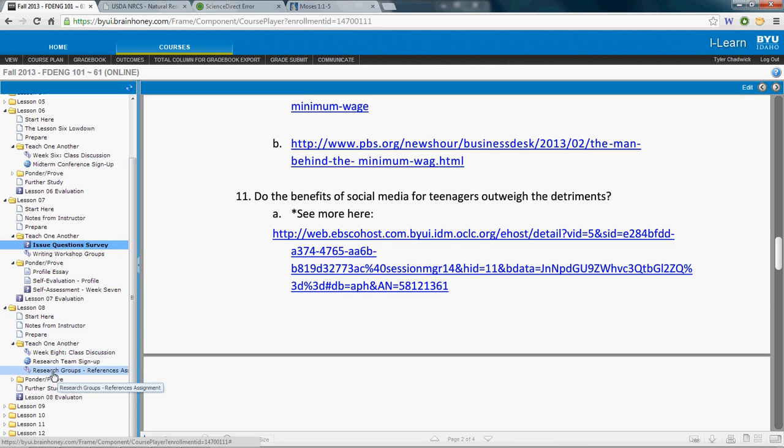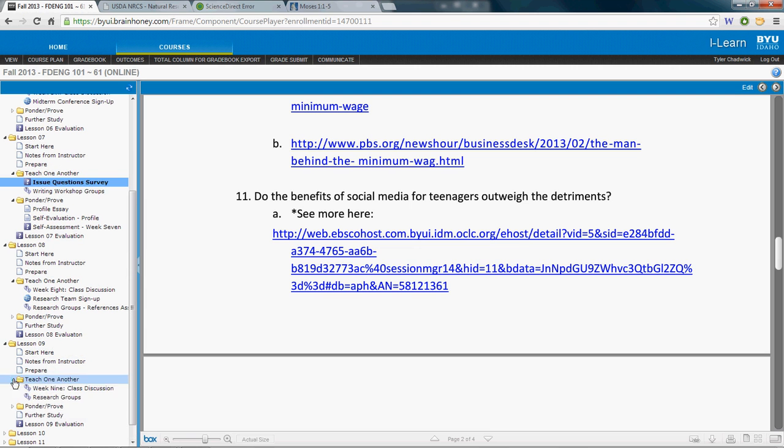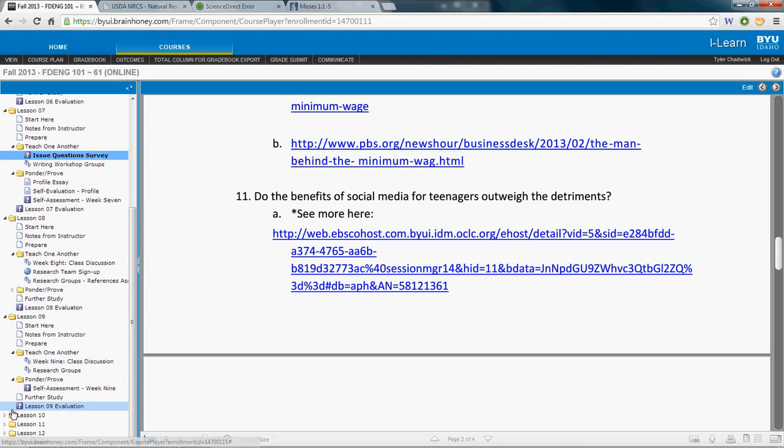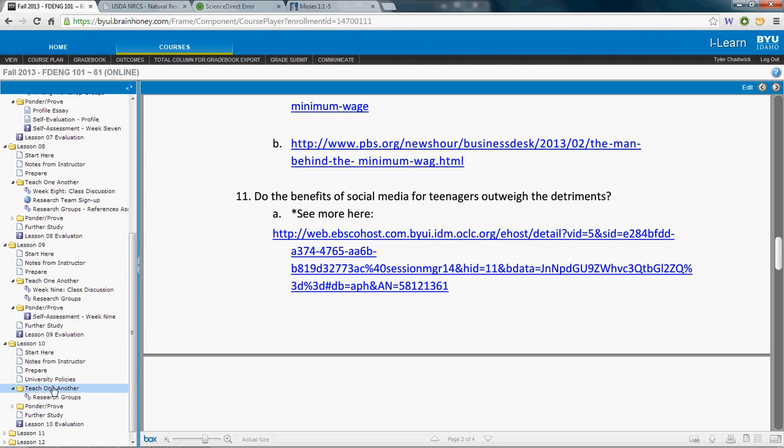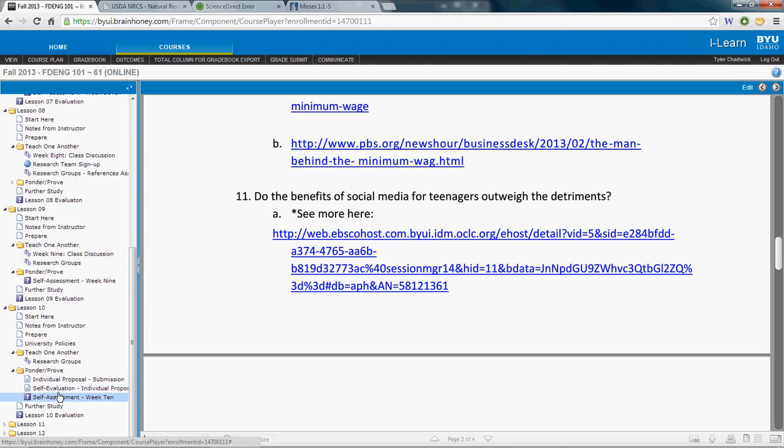After the individual proposal, like I said, the only thing you'll be working with in groups on this assignment is in your workshops. You'll have writing workshop groups. The groups will be your research group, if that makes sense at all. And then once you have submitted your individual proposal during lesson 10, see right here, lesson 10, then you will begin working with your group on a group presentation of your proposal. We'll get more into depth on that as we move ahead in the semester.